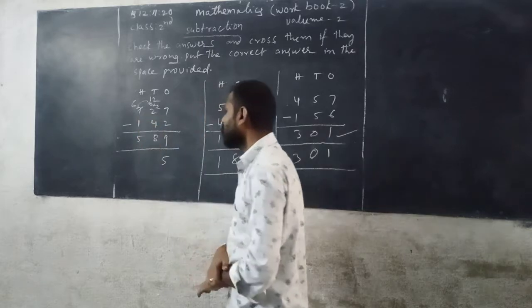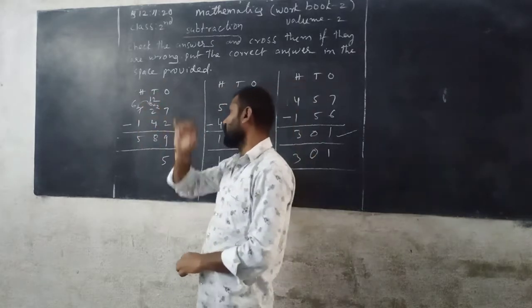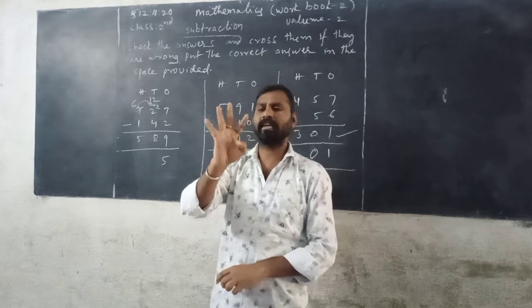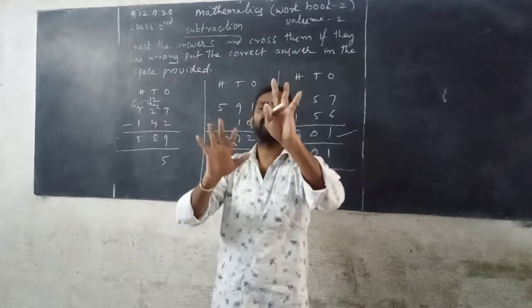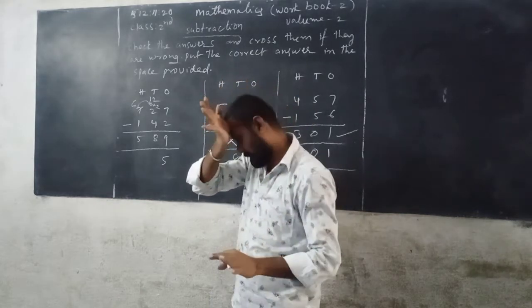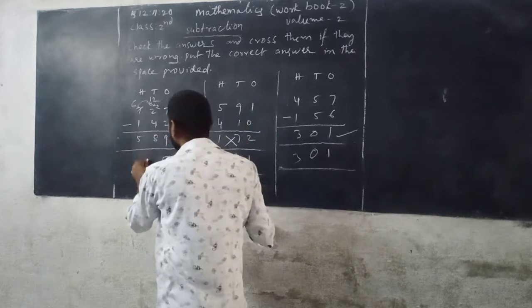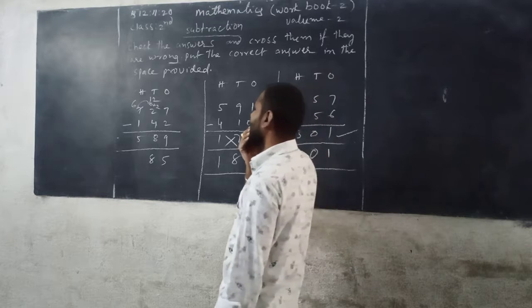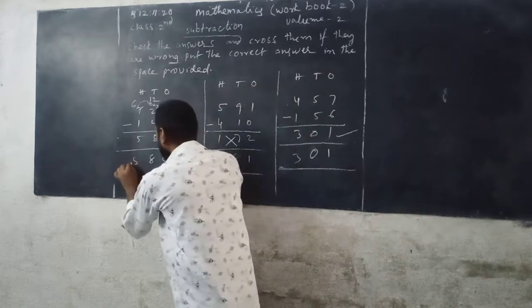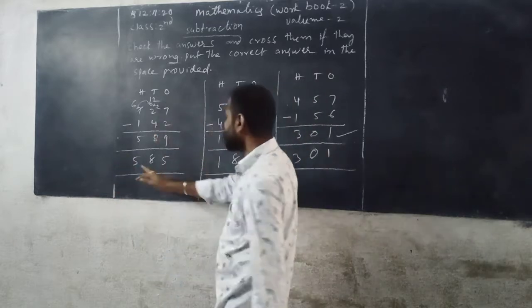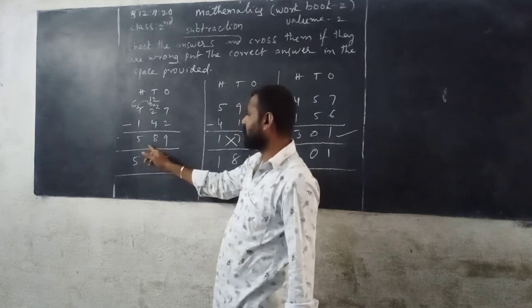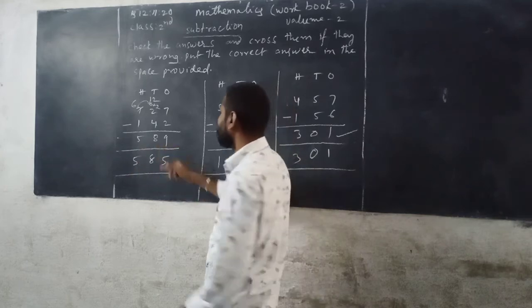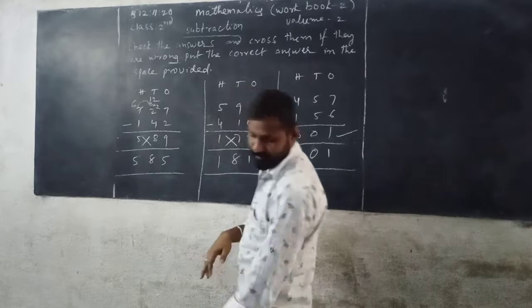You can count 4 after 5, 6, 7, 8, 9, 10, 11, 12. So 5 plus 3, 8. 8 write down in tens column. Next we subtract the digits in hundreds place. 6 minus 1, you can get 5. Actually the difference is 585, but 589 is given. This is wrong. So you can pass it.